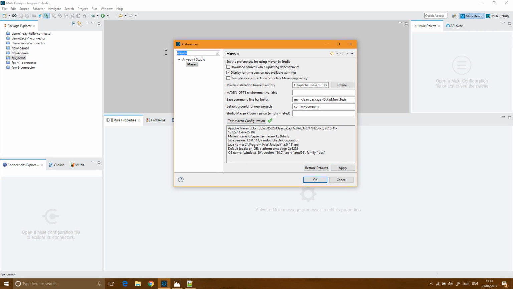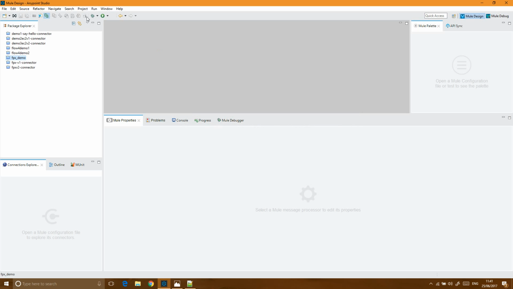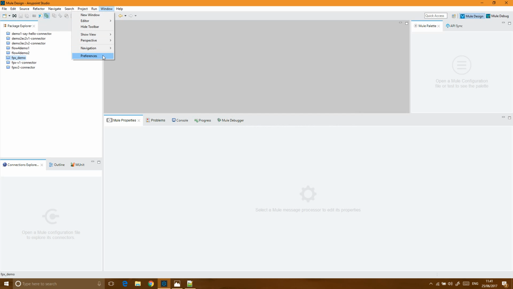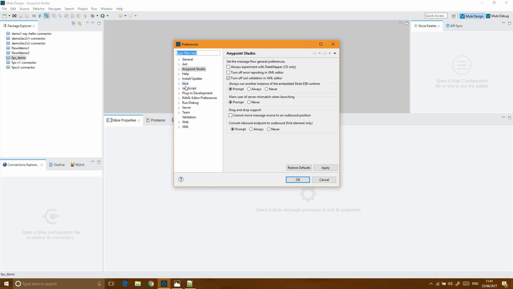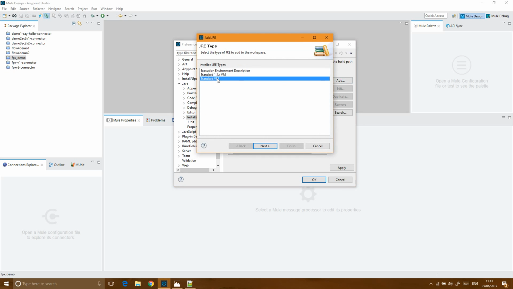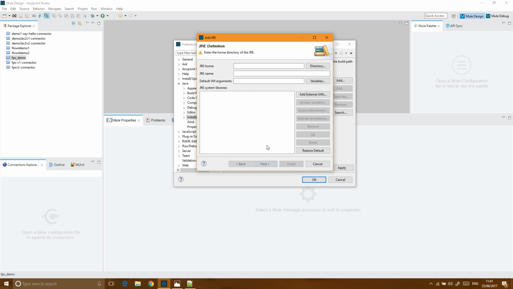The other thing that comes up is the JDK. In order to set up the JDK, we need to again go to Windows and then Preferences. In Preferences, we need to go to the Java tab. In Java, we will see Installed JREs. In the list of installed JREs, there will be the JREs shown here. If JDK is not here, then you need to add the JDK. In order to add the JDK, just click on Add and then choose Standard VM, click on Next,